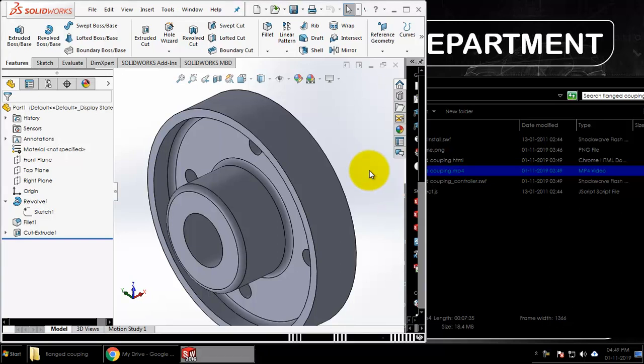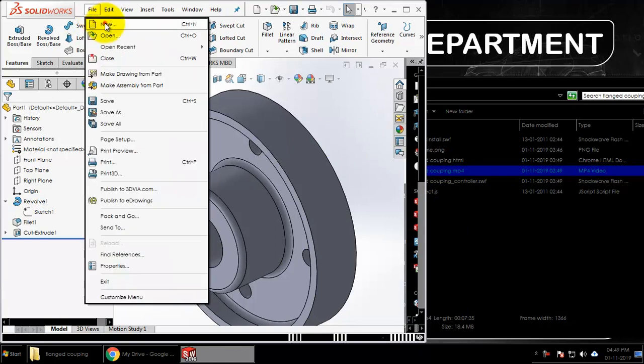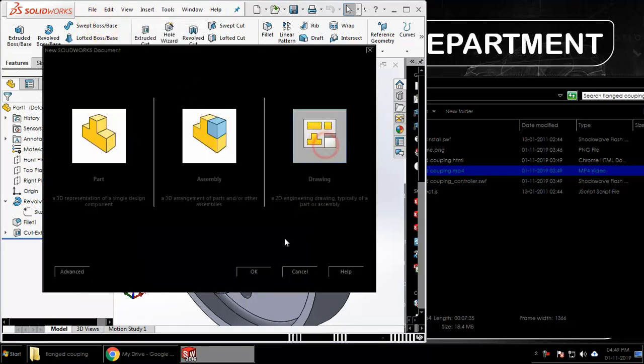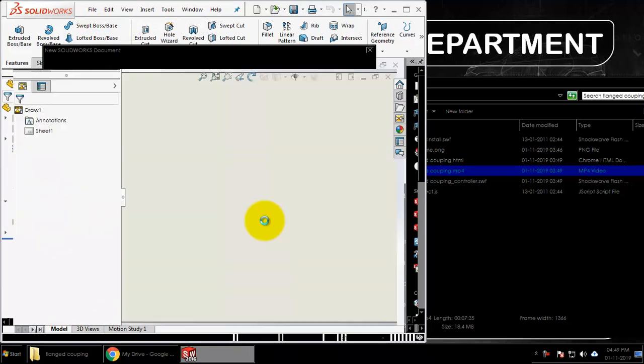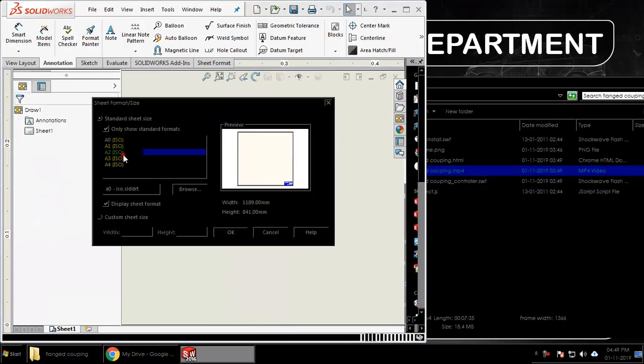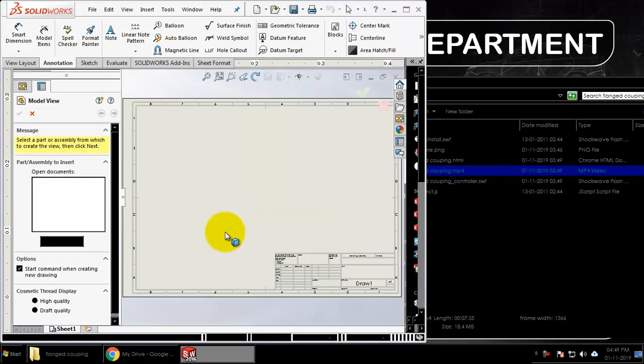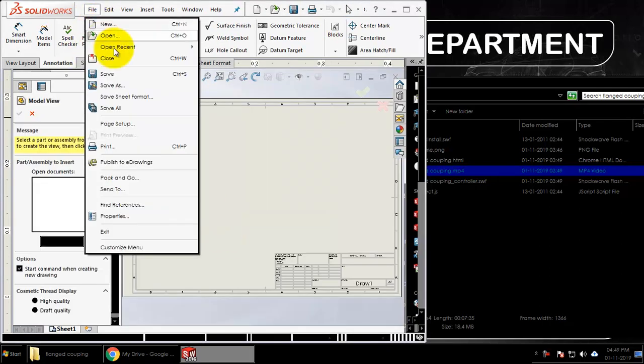Okay, some of the students had asked me how to do the process chart for this component or any other component in SolidWorks. So I'm making this video to demonstrate the same thing. You'd have to take a new file, go for drawing. Of course, you should have already modeled the particular part for which you want to make the drawing. So make sure you have done the part modeling, saved the file, and then you take this new file and